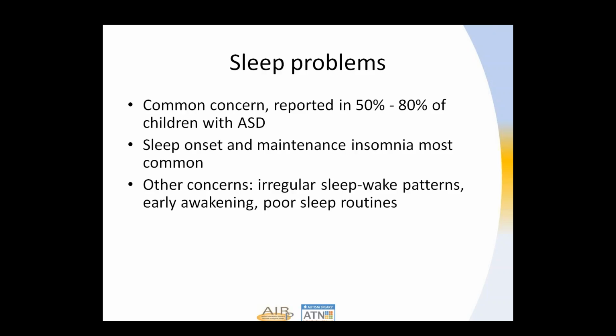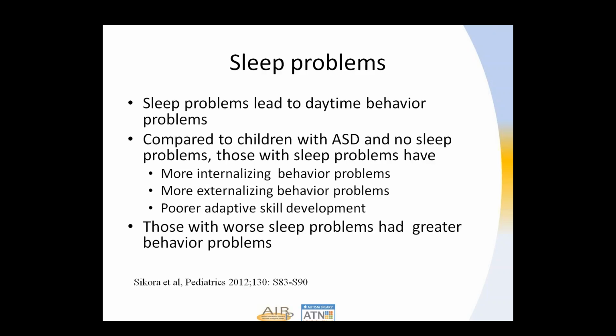The most common concerns that the families have are sleep onset, or getting their child to fall asleep, and then sleep maintenance. Their children are awakening after being asleep for a few hours, and then there's significant difficulty getting their child to fall back asleep. Perhaps even the child stays up for the rest of the night. Other concerns that we see, again, run pretty much the full gamut of sleep problems. Parents report irregular sleep-wake patterns, problems with their child being early risers, problems with poor sleep routines and very unpredictable sleep, and so forth. Next slide, please.